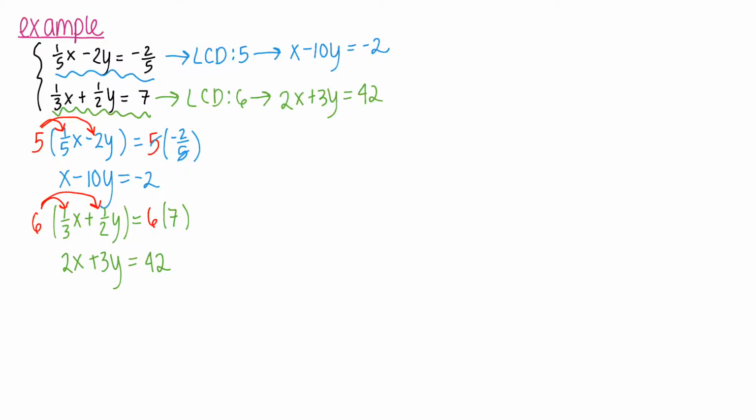So what I could do at this moment is pretend that my system said x minus 10y equals -2 and 2x plus 3y equals 42. I have options here. I could do the method of elimination. I would choose to multiply this guy by -2 if I were to do that, because then this would be a -2x and a positive 2x, and they'd cancel. But we also have the option here to do substitution really nicely, because this guy is just a regular old x with a coefficient of 1. So if I go to do substitution,